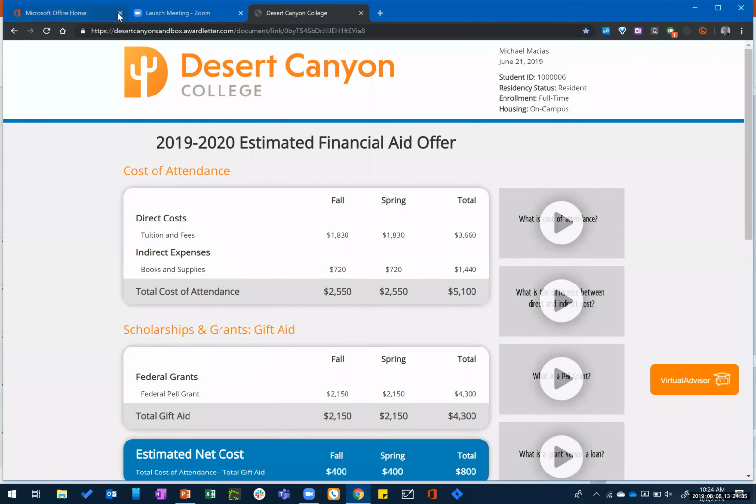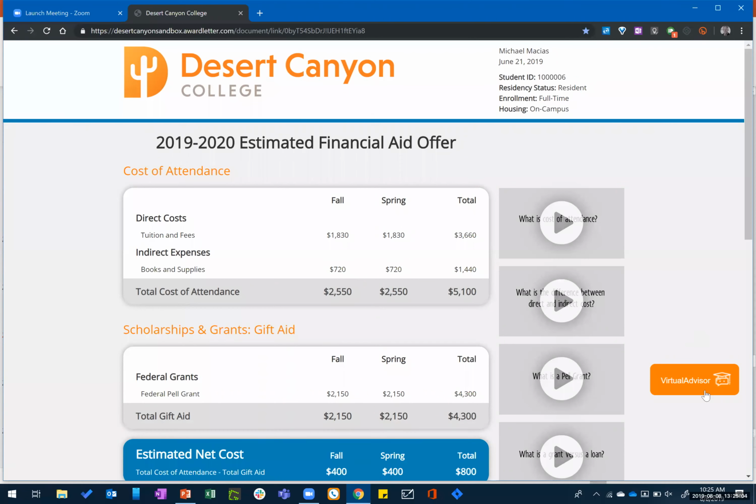So for today's demonstration, what I've done is I've embedded the virtual advisor. You see the little widget over here to the right in our digital award letter product. For those of you who don't use the award letter product, you can provide a digital, multimedia experience that helps explain an award letter or, truthfully, any other complex process that you might want to walk a student through. But the virtual advisor can be embedded here.